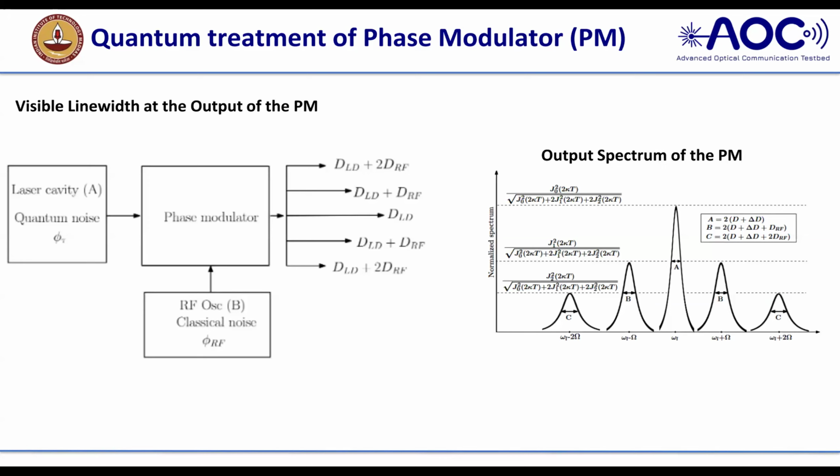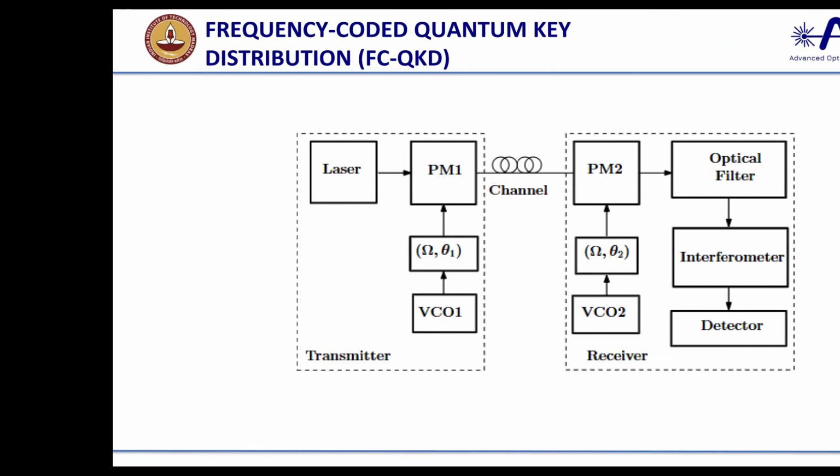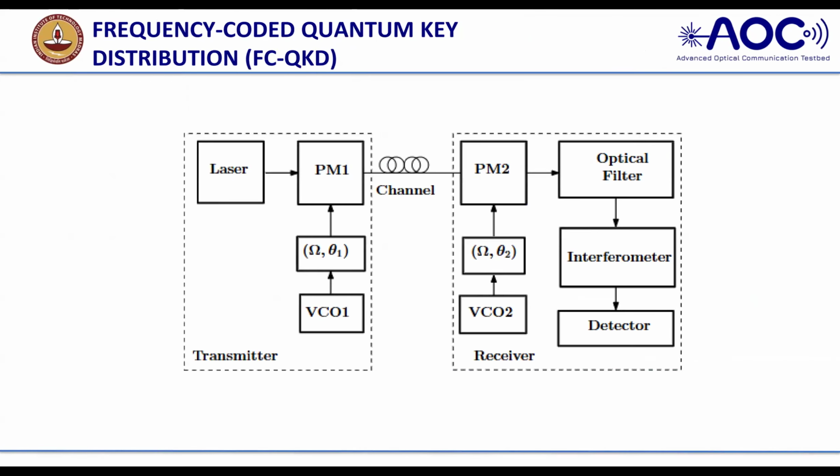You should know the quantum theory. And I studied, in the presence of phase noise, how the field operator behaves inside the phase modulator, and we got it out. Once we are done with the phase modulator, how can it be applied to the QKD system? What we have done is, we have lasers, and we have phase modulator one, and my RF data is given to the VCO RF source, with theta 1 and capital omega. So theta 1 corresponds to bit 0 and 1 given to the channel.